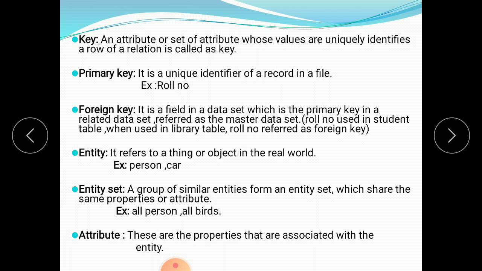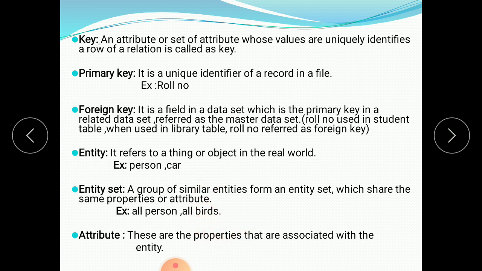Then attribute. Attribute means what? These are the properties that are associated with an entity, meaning an attribute is associated with the entities. See here, for example, the entity is car. We have given the example that the entity is car. So what are the attributes of a car?